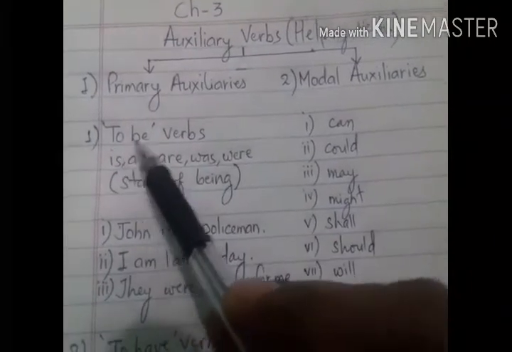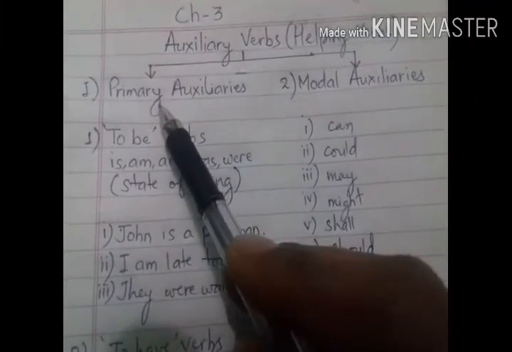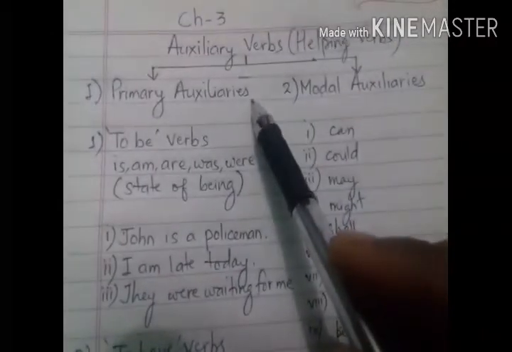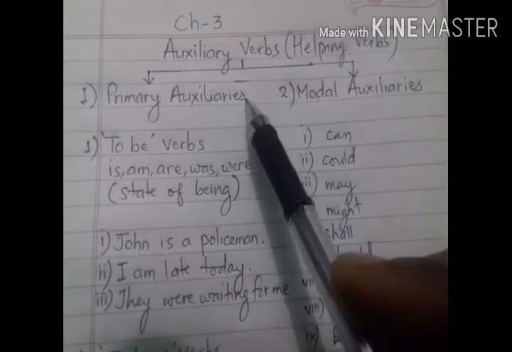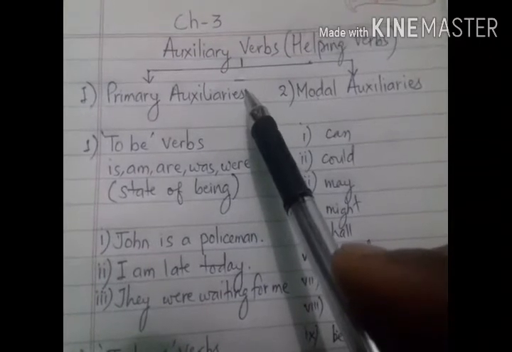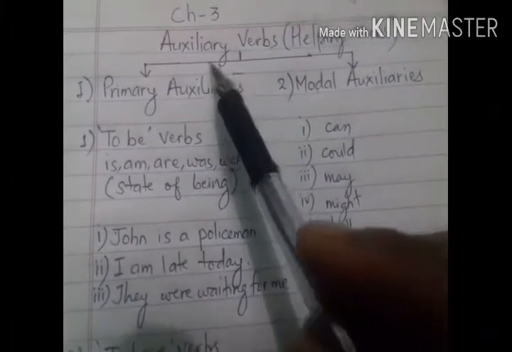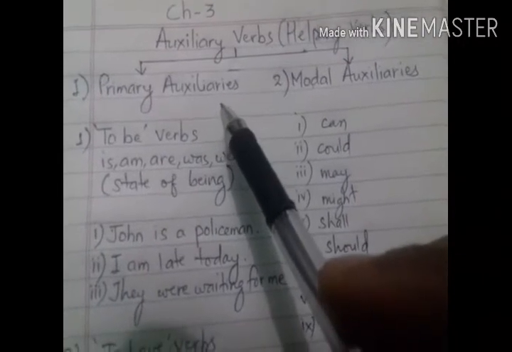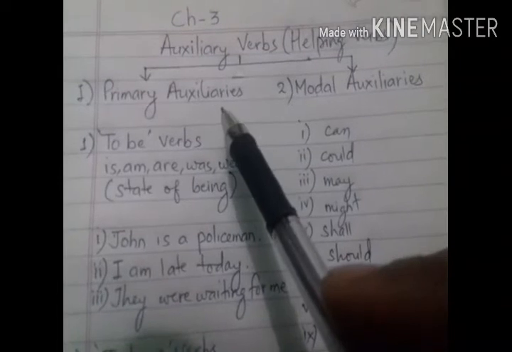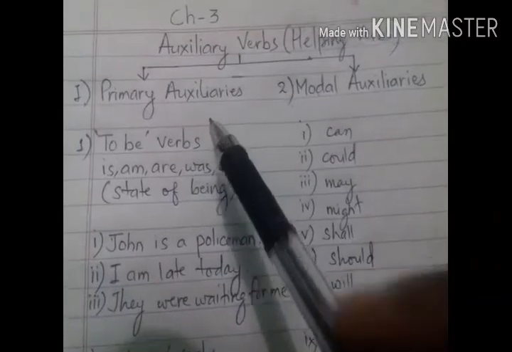See, to be verbs. Why are these called primary auxiliaries? What is the difference between the primary auxiliaries and modal auxiliaries? These primary auxiliaries, like the principal verbs, like the main verbs, also have five different forms that are used differently in different tenses and change according to the number of the subject and as referred to the change of time. That means change of tenses. These primary auxiliary verbs change like the main verbs.